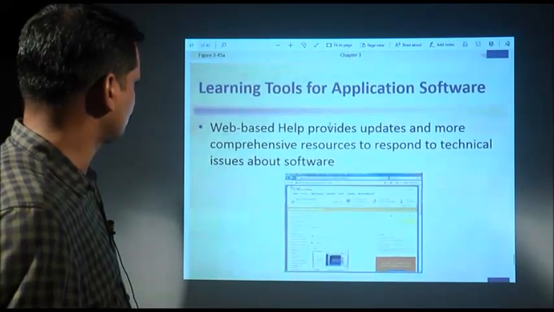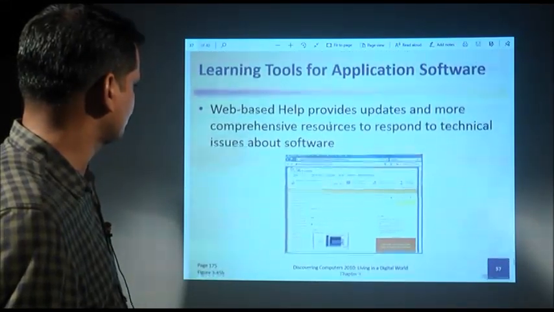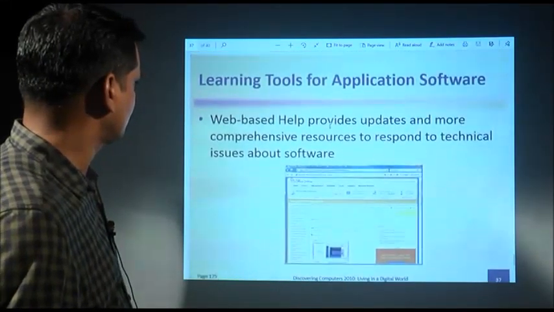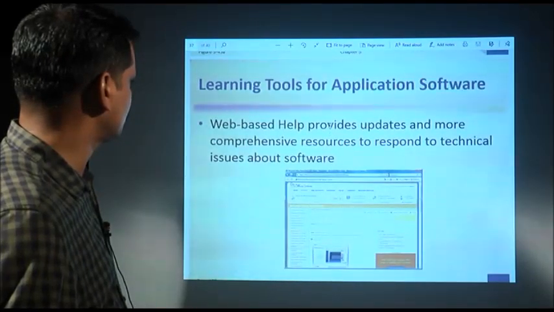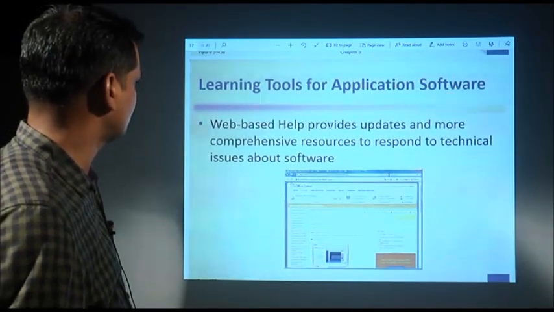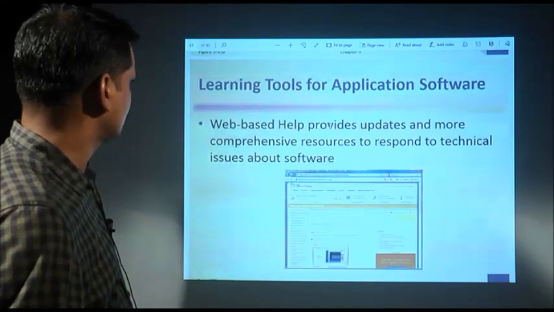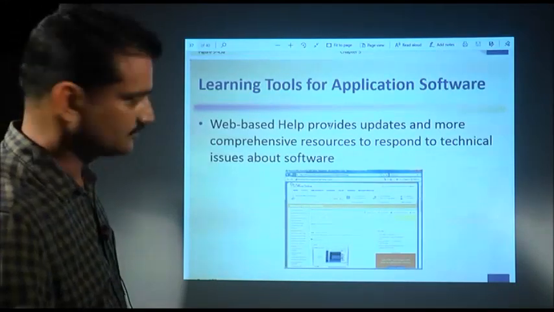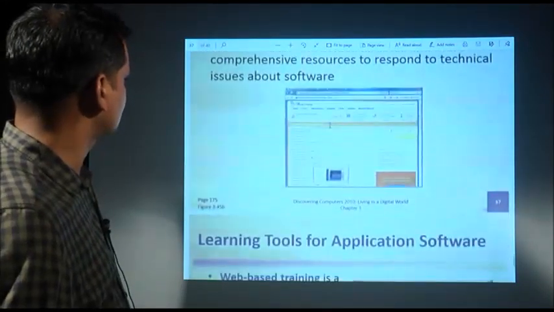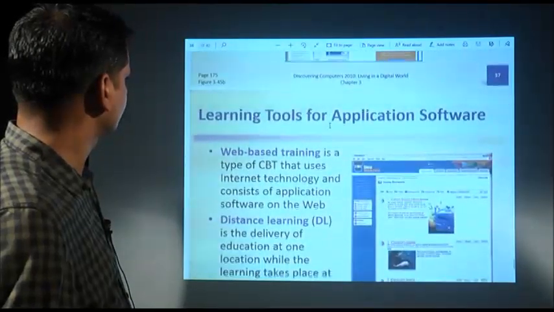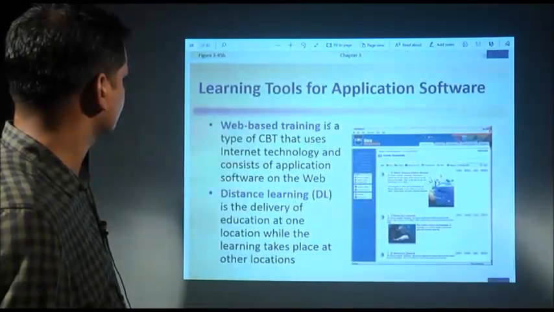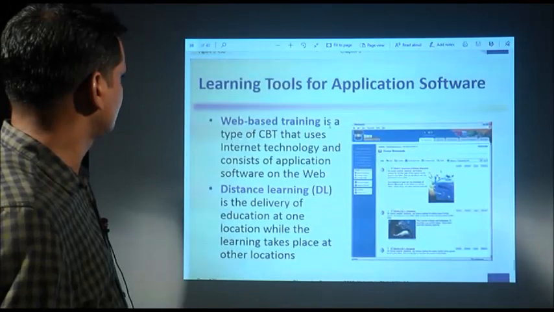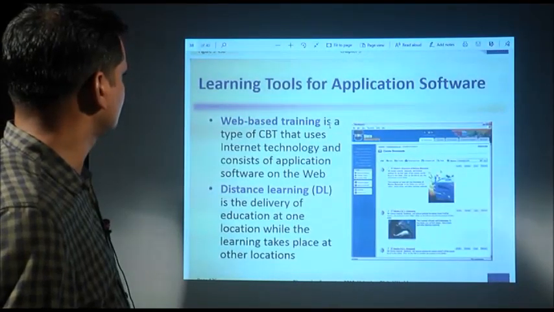For the purpose of learning, one software comes with Microsoft Office, that helps as a learning tool. Learning tools for application software.